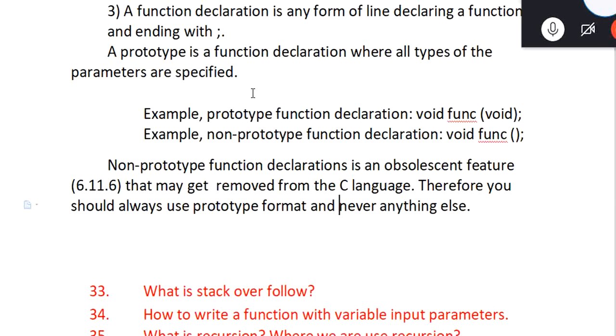Anybody having doubt? You can ask. Any question? Sir, based upon the inputs it makes a difference, not only input and output. Even this is also a function declaration. Means if inside the brackets we define int a, int b as inputs, or if we don't define them, it makes a difference. Which statement above did you give?